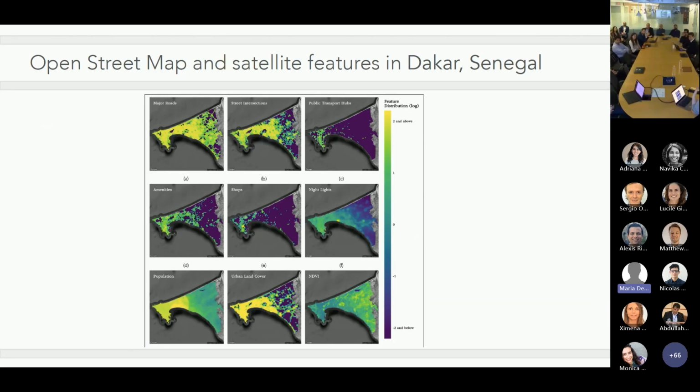And then we have the classic Google Earth Engine type inputs. We have the density of nightlights, urban land cover, and lots of things like vegetation. So we have the standard inputs, but instead of having a subset of them, we aggregated them all. And we have this quite large feature space that we feed into our algorithm.